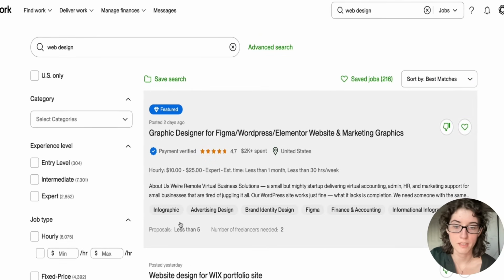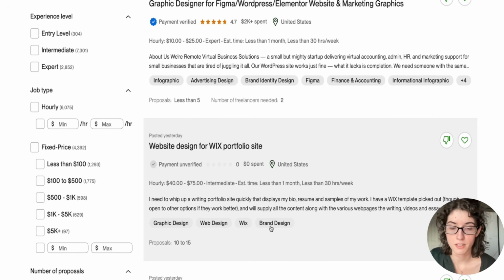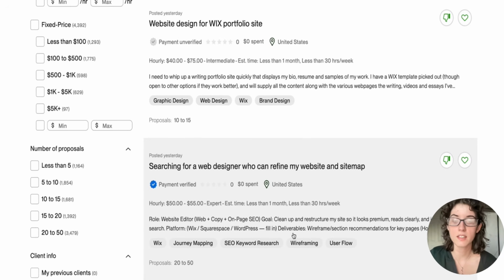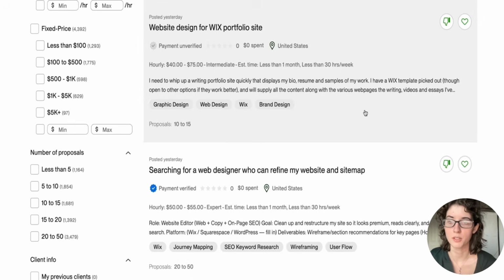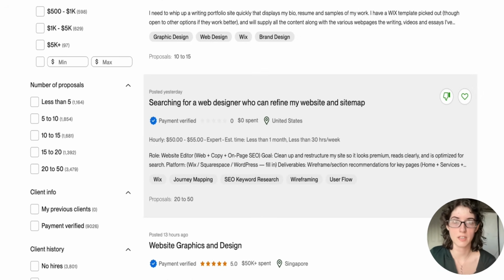We want to avoid infographic, anything graphic design, brand design, anything like that that's going to make the algorithm think, oh, this is that kind of software developer, if that makes sense. So make a big list of these guys because they're all here for you. So this is pretty standard and is going to work really well for you, especially when it comes to getting